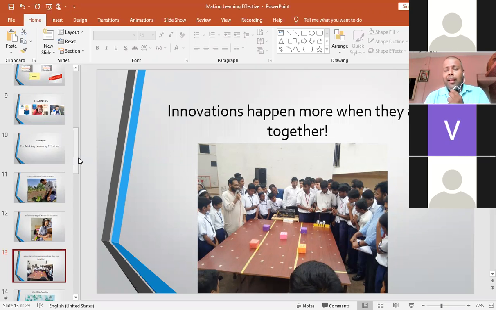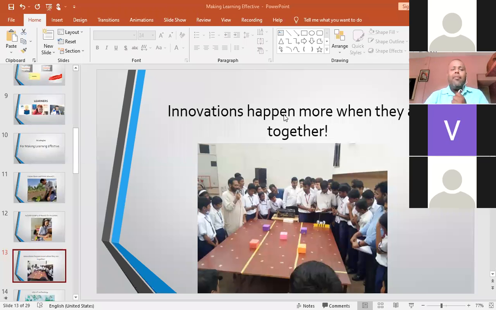Cooperative learning is where we have a group of children with different roles. One is the monitor of the group, while another is a material monitor. Somebody is going to keep the records, somebody is going to observe. All those children who are working in the group work in a synchronized manner to make the learning effective. So working in a group, that is cooperative learning, is very important to make the learning very effective.